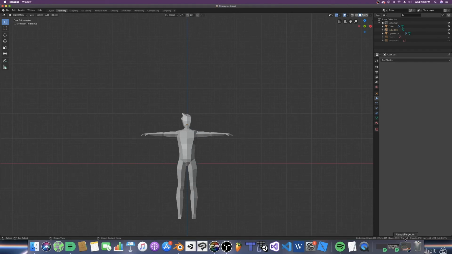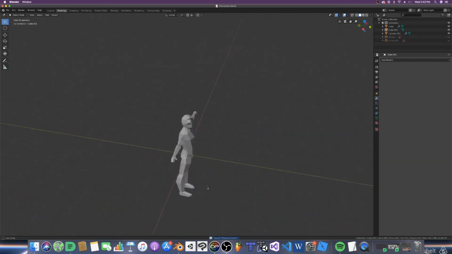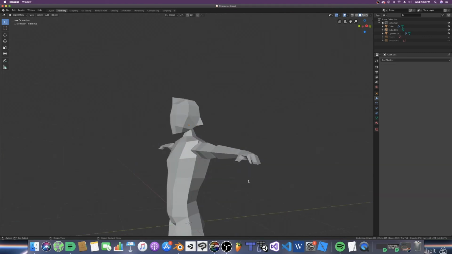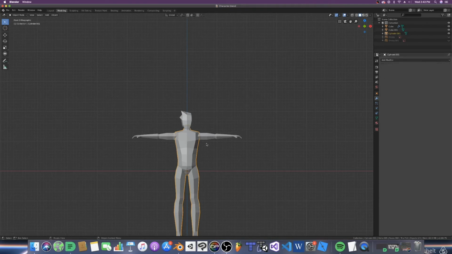We are well below our threshold, and if you wanted to add any extra goodies or whatnot, you definitely could. You could definitely edit it about. And if you want, you can edit him however you want, and he's already set and ready to go. The next thing that we will do is unwrap and texturing. Before we do that, hold on. One last thing I want to show you is collapse that,